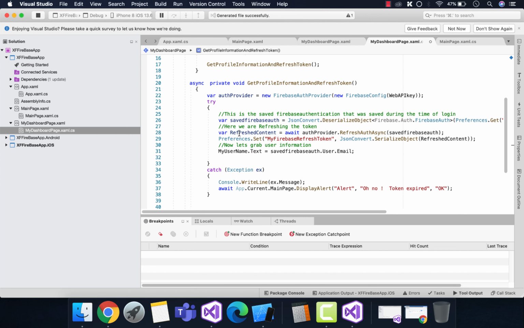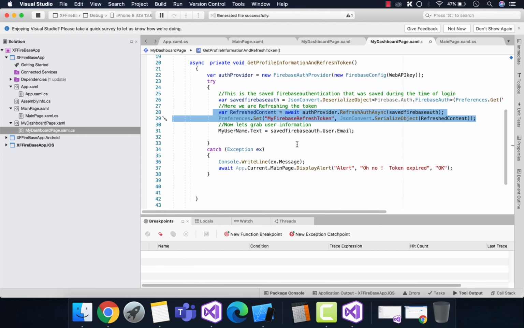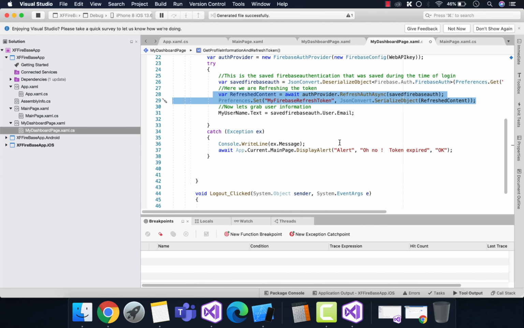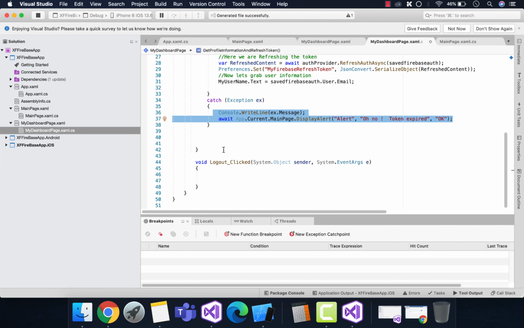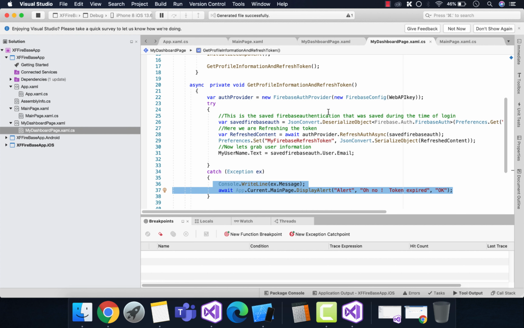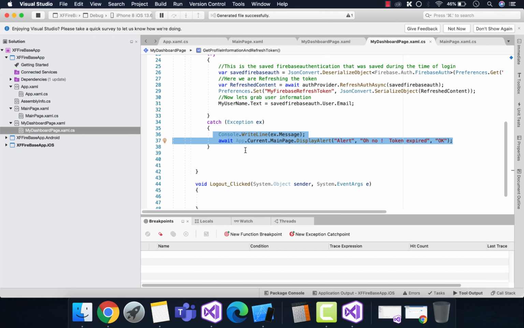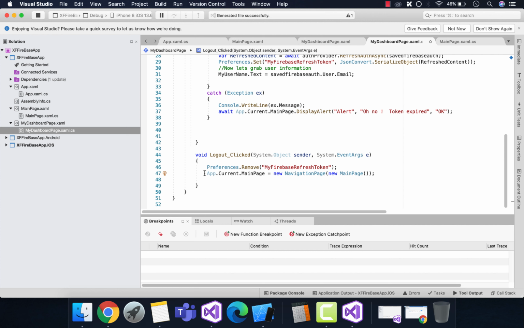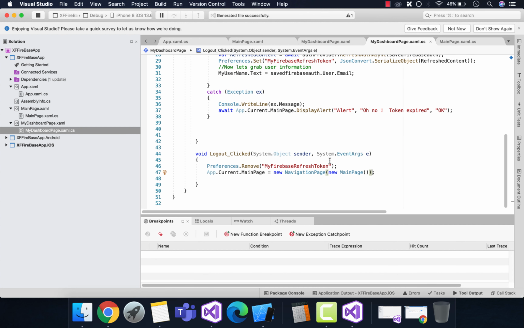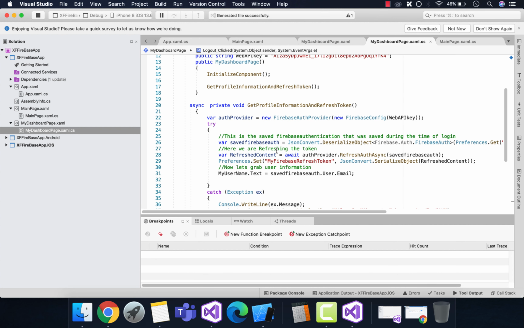Now our final step is to get all the information out of the Firebase SDK. So this is the catch exception. You can just ignore it, or you can add other exception handling steps over here. I'm not doing more work over here in this tutorial. So whenever the logout button is clicked, then we are going to remove our Firebase refresh token out of the preferences. Then we are going to navigate our user from my dashboard page back to the home screen, that is our login and sign up screen.